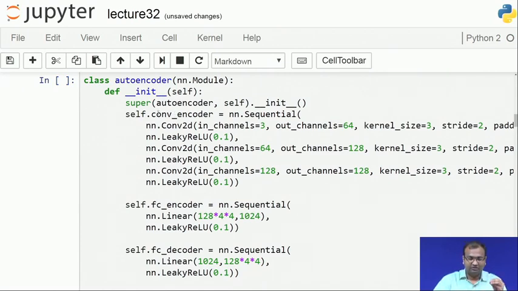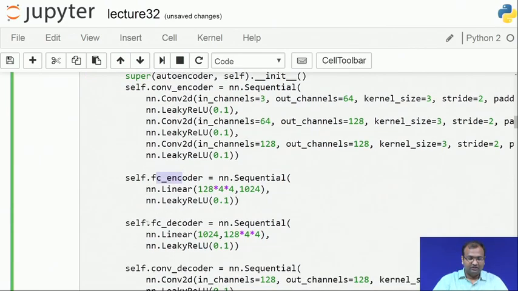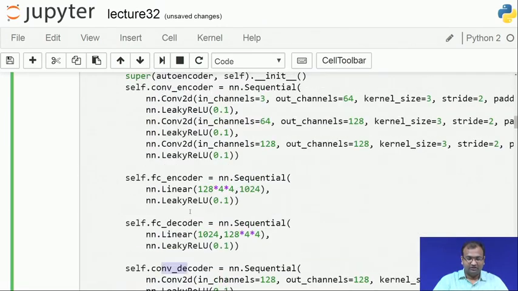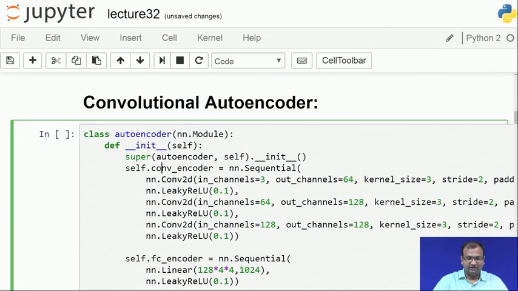One is called a convolutional encoder. The next part is a fully connected part of the encoder, which succeeds the convolutional operations within an encoder. Following that, I have a fully connected part of the decoder, and then I have a convolutional part of the decoder as well. So, let us go down how it is defined now. On my convolutional part of the encoder,